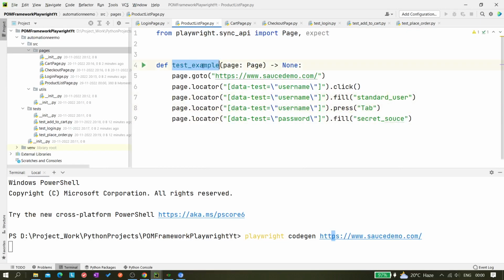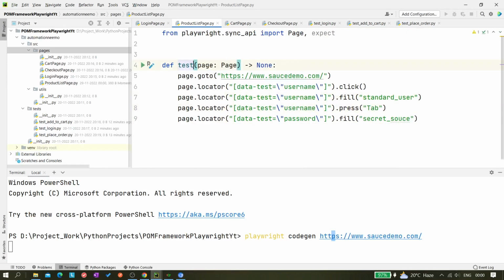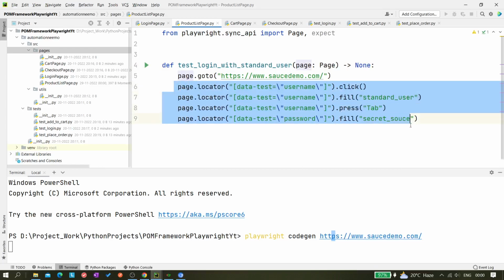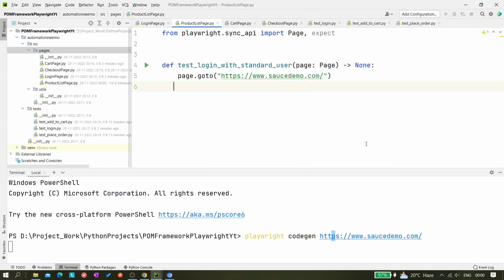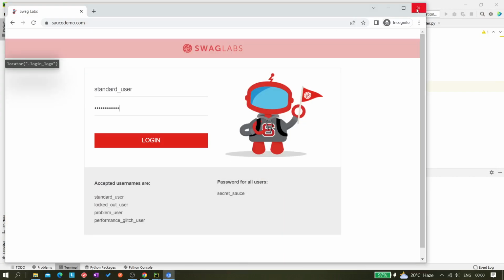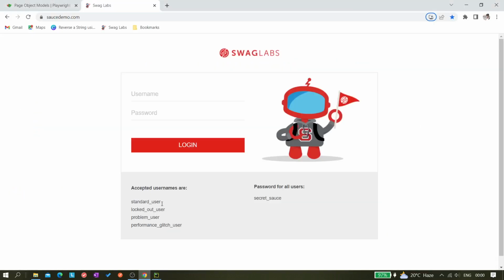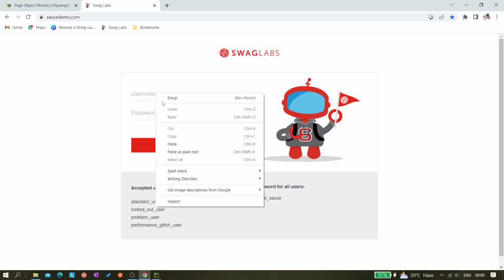Okay, and let's name it test login with standard user. Now see, these things we do not need, so I can remove this part. So basically let's close it. Let's close this as well. Now basically I need to inspect it. Okay, so